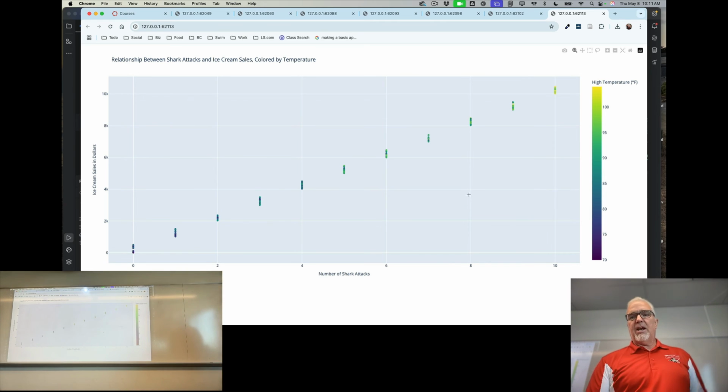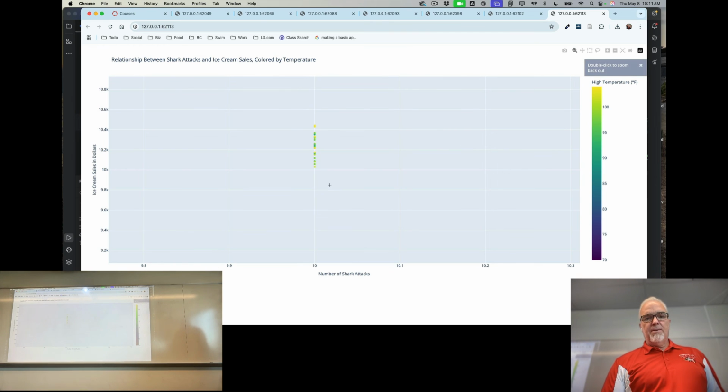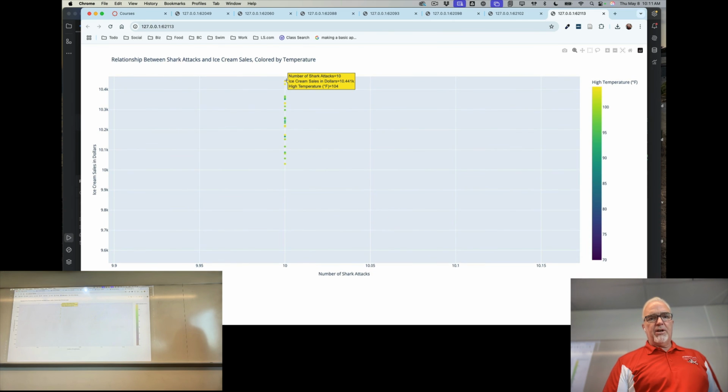Luckily, Plotly takes care of a lot of that stuff for us. But if I wanted to see just those, see, I can zoom way in on just those cities. And I could still